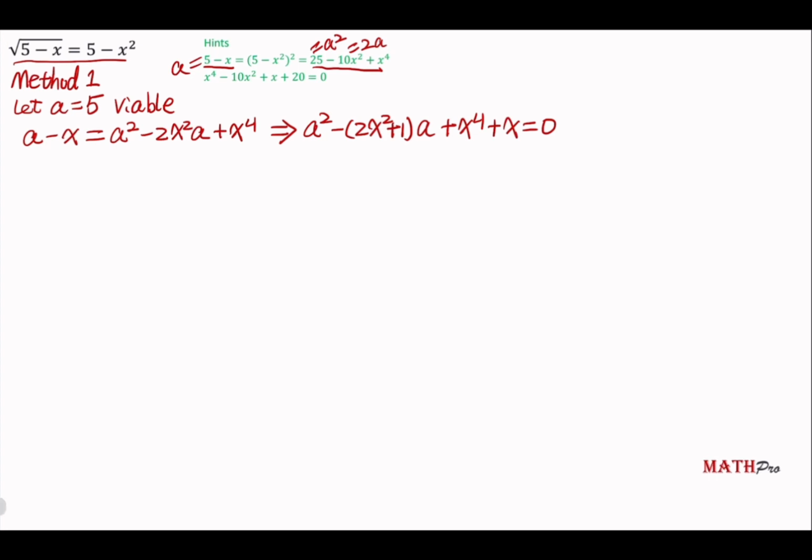So we can solve a equals 2x squared plus 1 positive negative square root of (2x squared plus 1) squared minus 4 times (x to the fourth power plus x), over 2. And then this equals